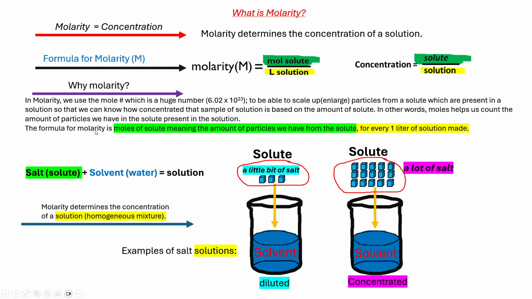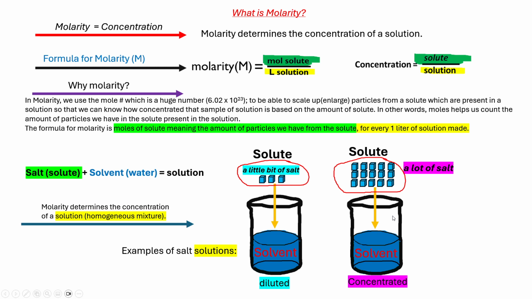And the formula for molarity is moles of solute, meaning the amount of particles we have from the solute for every 1 liter of solution made. So here in the bottom, we have 2 different samples of salt water. The first sample is diluted, meaning only a little bit of salt was added to it. In the second example, more salt was added to it, and therefore this sample here on the right side is